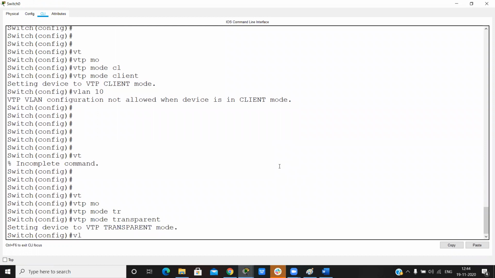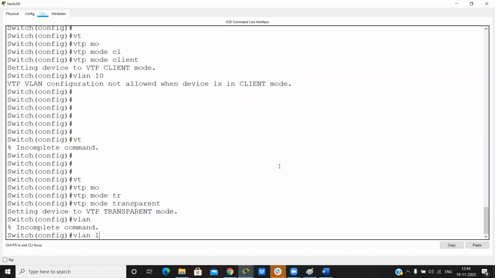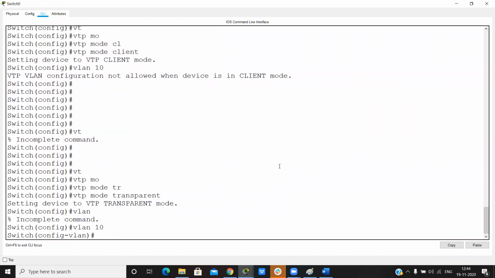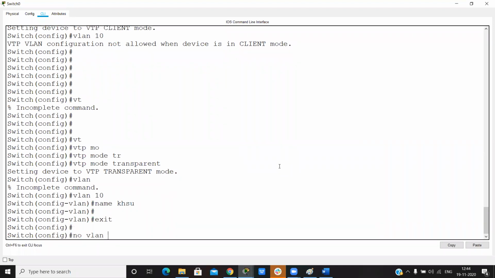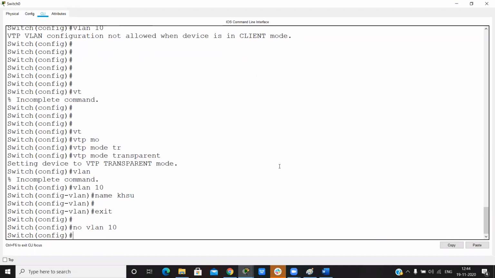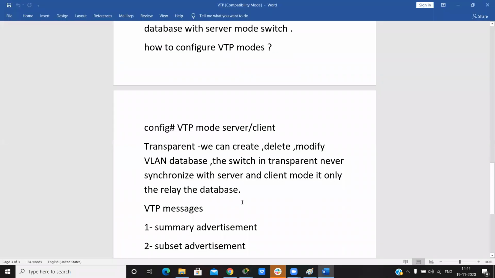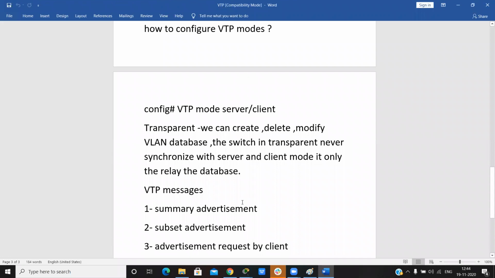If we want to create VLAN 10, modify, and delete, we can. It only does not synchronize the database with other switches. Okay, and next VTP has three messages: summary, subset, and the advertisement request.